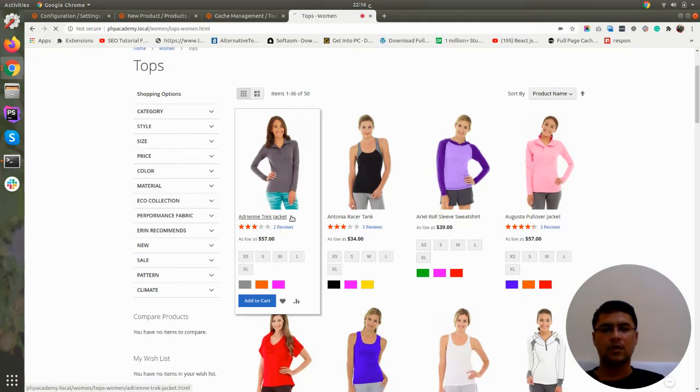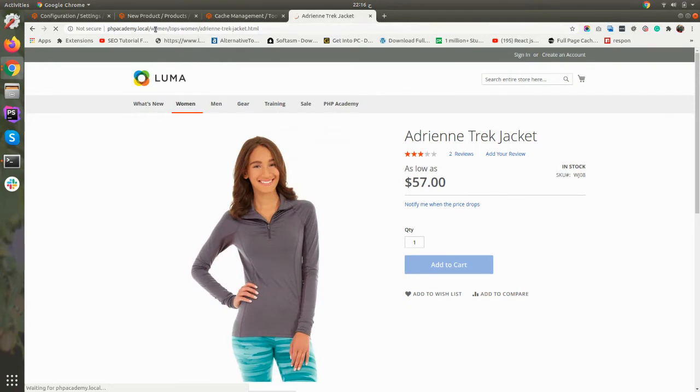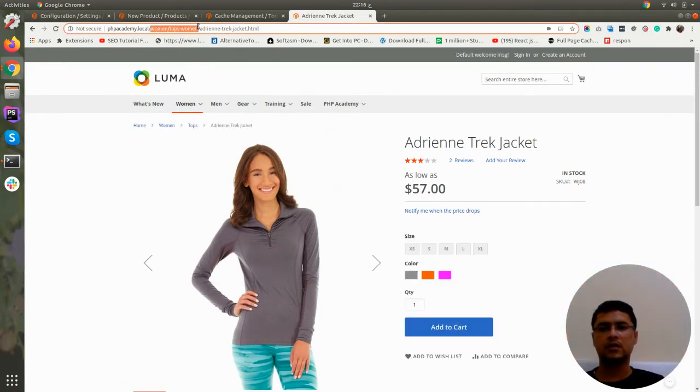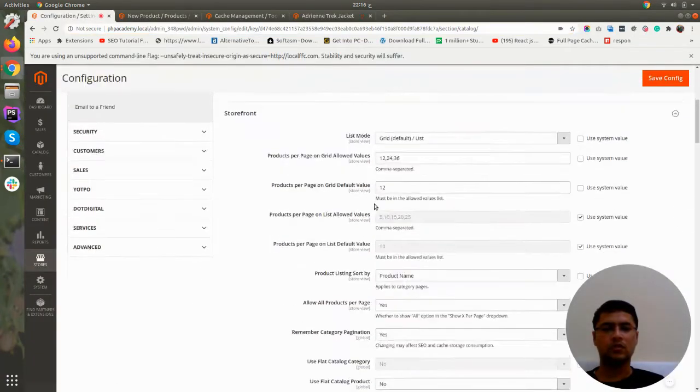So now if I go to the product detail page, you can see here categories are also displaying in the product URL.